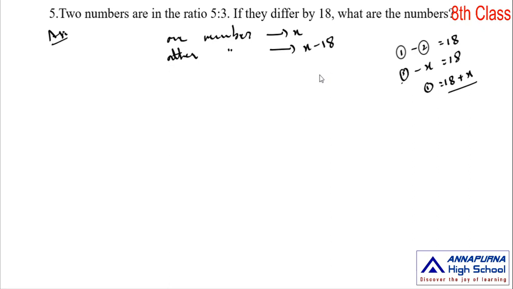Okay, so there is a confusion between them. We choose this x as the first number or the second number. In case you choose this x as the first number, then the second number is x minus 18. If you choose this x as the second number, then the first number is 18 plus x. So a little bit of confusion is there. That's why we follow the previous process. Here the ratio is given. From the terms of the ratio, we choose the two numbers as 5x and 3x. That is an easy method to solve this situation.